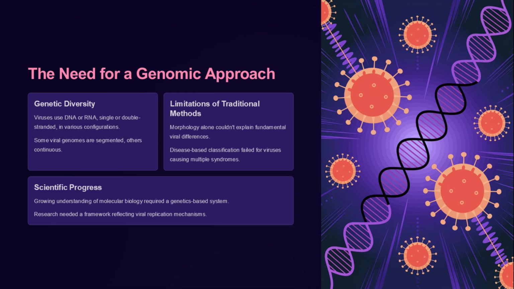were discovered. Viruses have a wide range of genetic diversity, using different types of DNA and RNA, in various configurations like single or double-stranded, and even segmented genomes. Traditional methods like studying viral morphology alone were limited in explaining these fundamental differences between viruses. Disease-based classification also failed for viruses that can cause multiple syndromes in hosts. As our understanding of molecular biology grew, a genetics-based system became necessary to properly classify and study viruses. This new framework needs to reflect the mechanisms of viral replication to support ongoing research and scientific progress in this